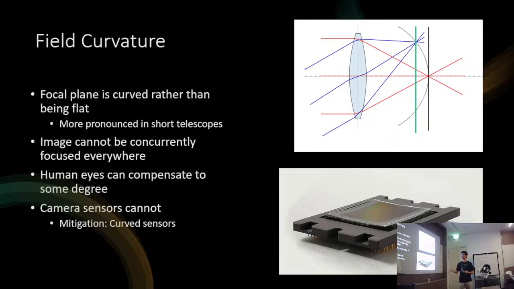So typically we mitigate this in those expensive, gigantic observatories. We use curved CCD sensors, and they design it such that the curvature of the CCD matches exactly the curvature of the focal plane, right? And this is quite an important